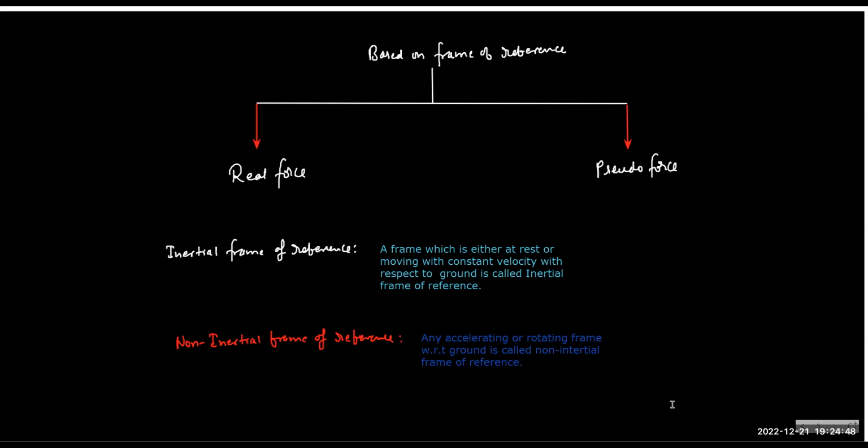So the frame of reference is clear. I think I have explained the frame of reference definition in kinematics. What is the frame of reference? Dan, tell me. What is frame of reference? The frame of reference is basically the position of the point with respect to the origin. That is called the position vector. What is frame of reference?